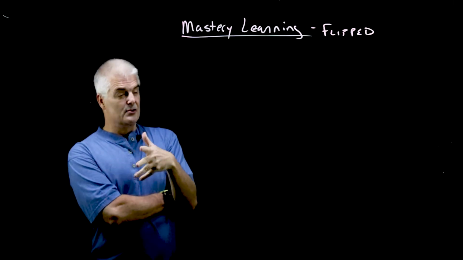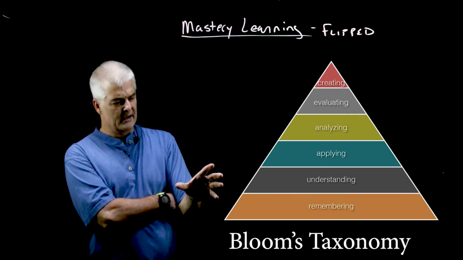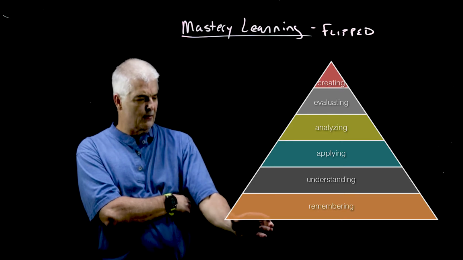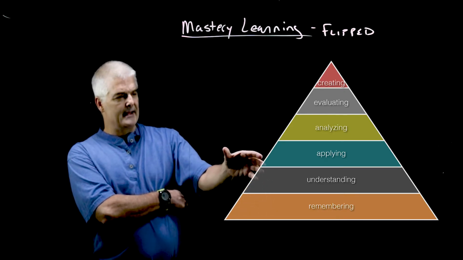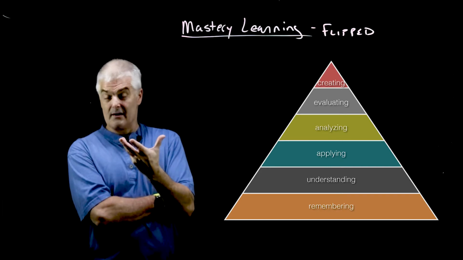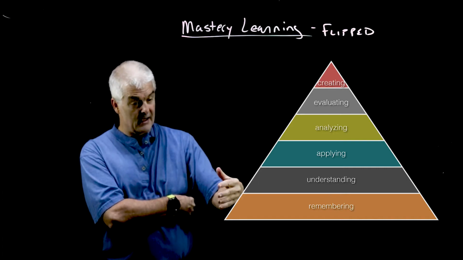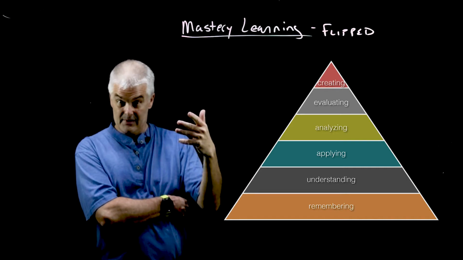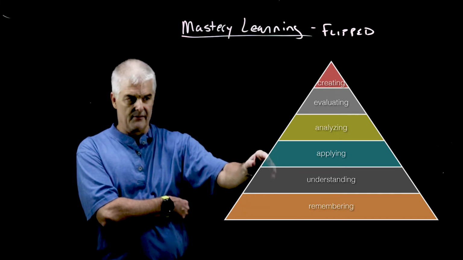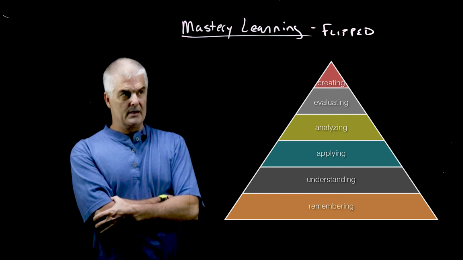So in most classrooms, this is kind of an interesting picture. It's developed by a guy named Benjamin Bloom. And what he's got here is levels of thinking or cognition: remembering, understanding, applying, analyzing, evaluating, creating. It's typically pictured like this pyramid. And if you think of a regular class, and by the way, this is how I used to teach, I spent most of my time standing up and lecturing, right? The remembering, understanding, and then guess what? The hard stuff, apply, analyze, the harder things to do, they had to do at home.